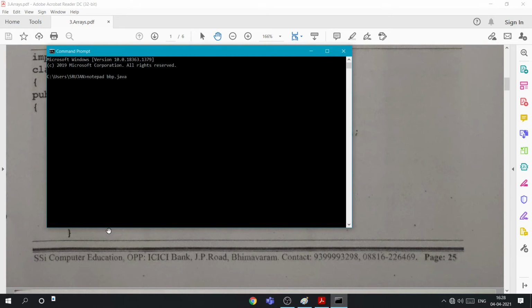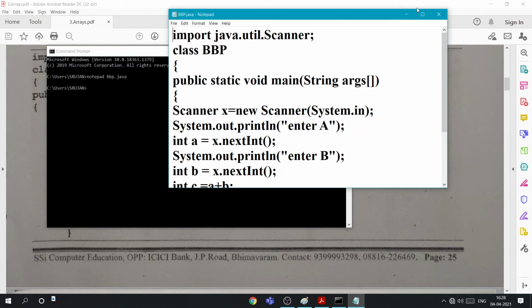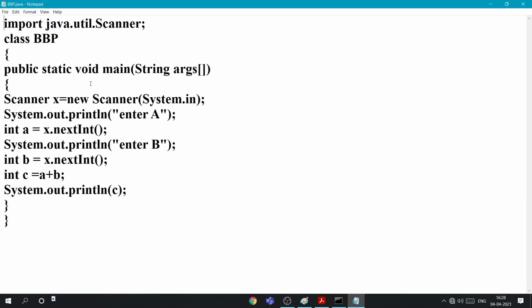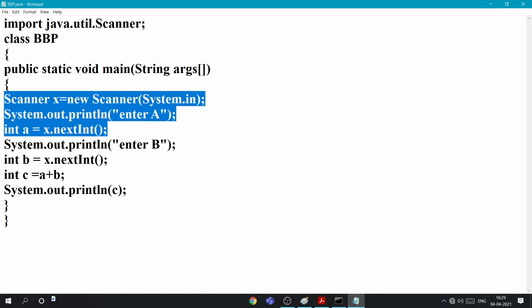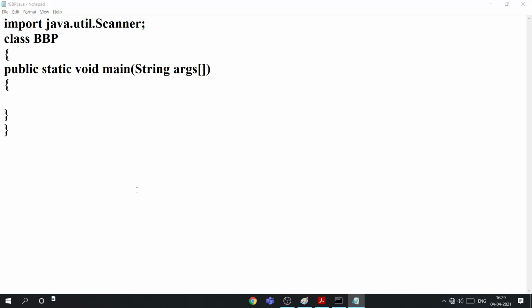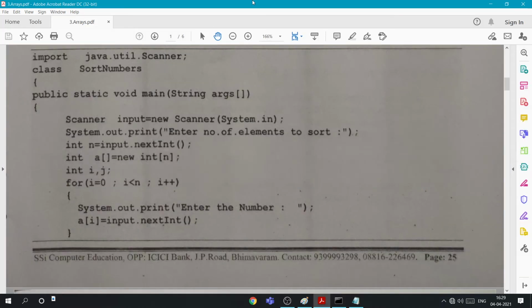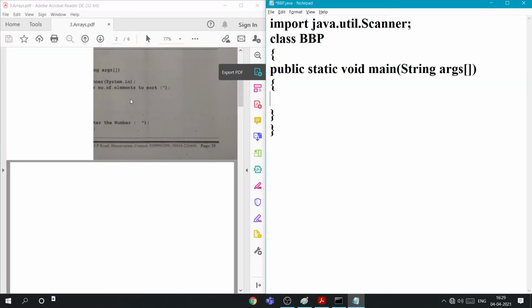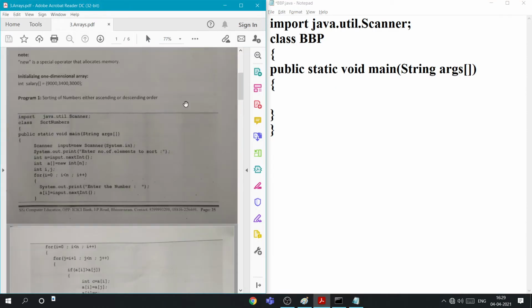I am just using the same file. Scanner and all is already there, so I'll just do this.